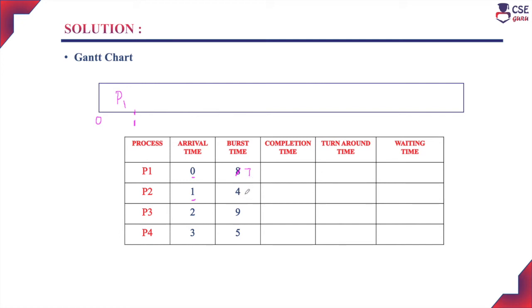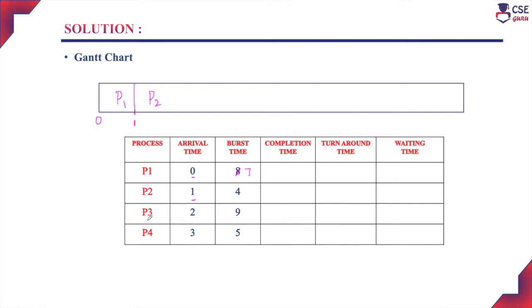So now if you are comparing, process P1 has 7 millisecond remaining time required, and process P2's CPU burst time is 4 millisecond. Since process P2's burst time is lesser, the scheduler will preempt the ongoing process P1 and assign a new process to the CPU. So now process P2 will be assigned to the CPU for execution. This process also will continue its execution till a new process arrives into the ready queue.